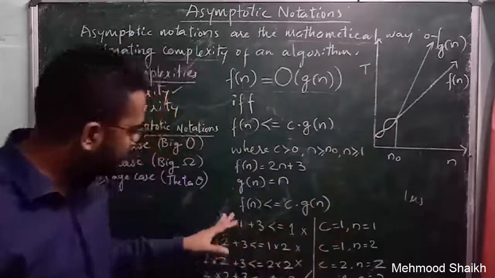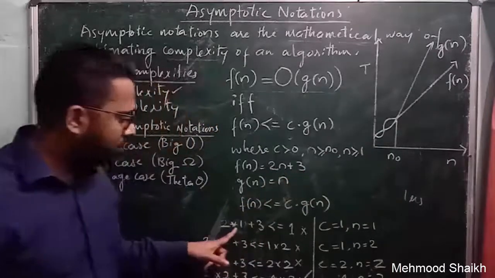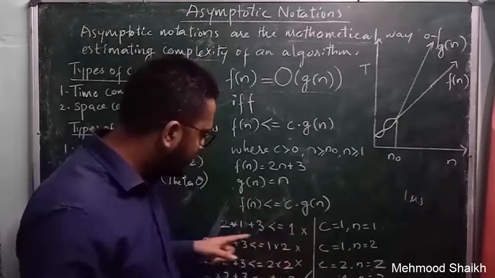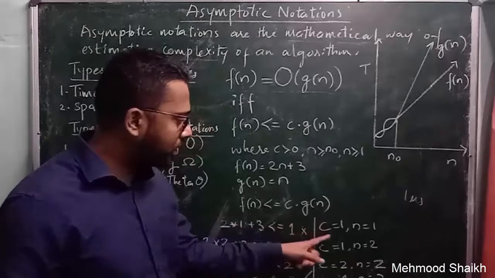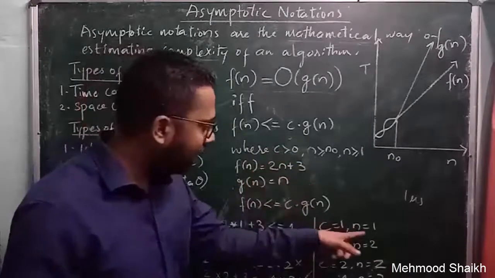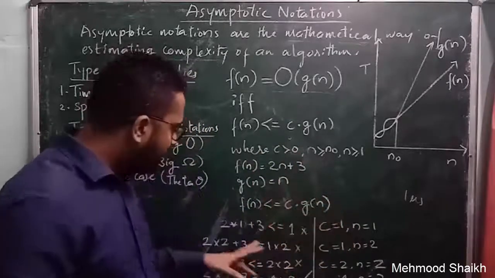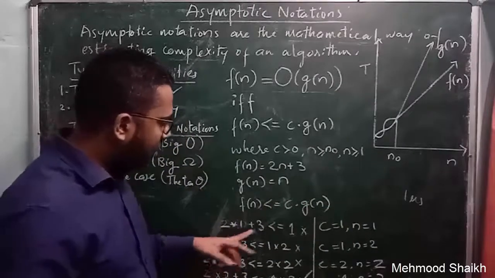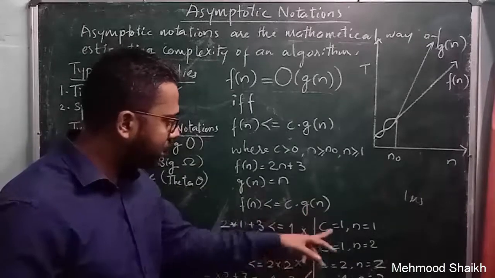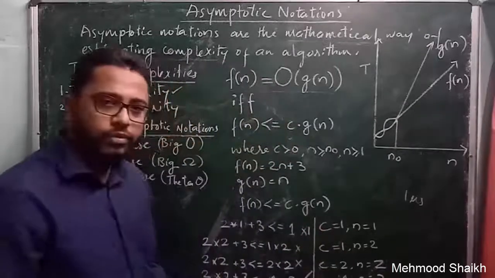So now here you can see I have taken the equation for f of n as 2n plus 3. So that's the expression I am keeping here: 2n plus 3 is less than or equal to c times g of n. For this first step, I have taken the value of c as 1 because in the condition I mentioned that the c value has to be greater than 0, and n I have taken as 1. That means in that algorithm there was only one step. So now 2 into n, which is 1, plus 3, is less than or equal to c into g of n. C is 1, and n is also 1.